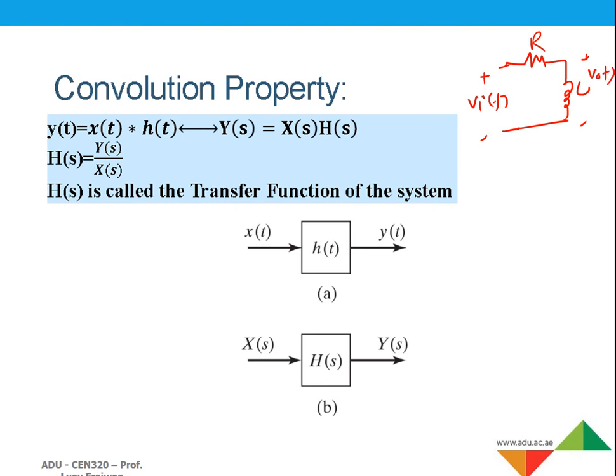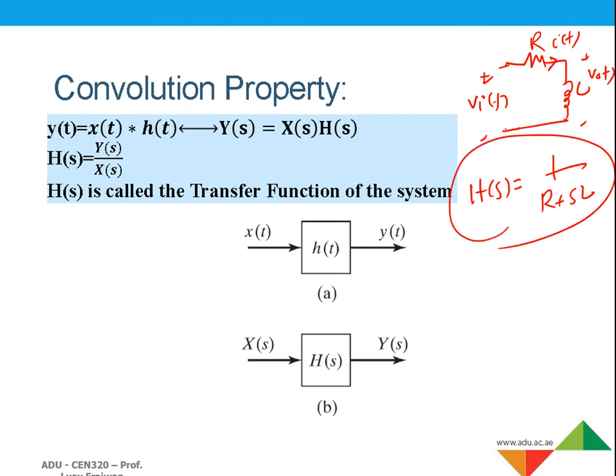We know the procedure which we used in the last chapter, so if we apply that procedure here, the output is the flowing current and the input is this. If you calculate the transfer function here, that would be basically R plus sL. That would be the transfer function for this case. We will try to solve this in the live session. You can also try this at home. The transfer function for this case is 1 over R plus sL.